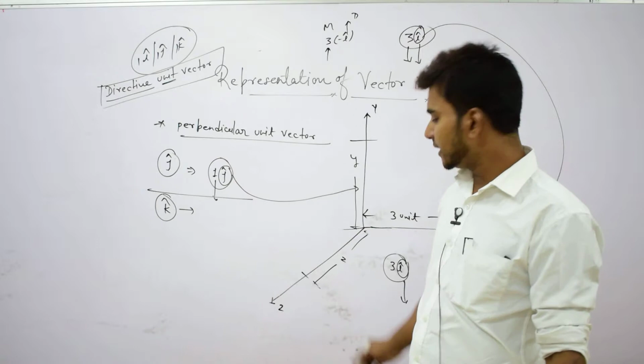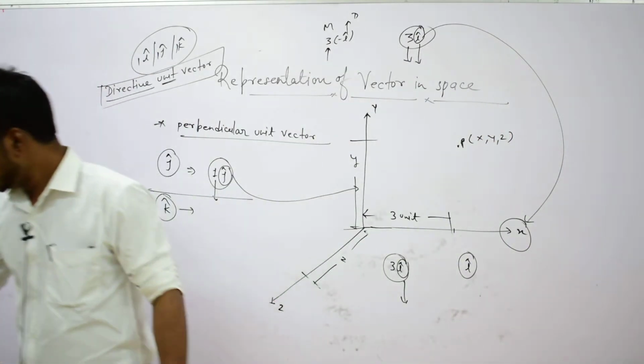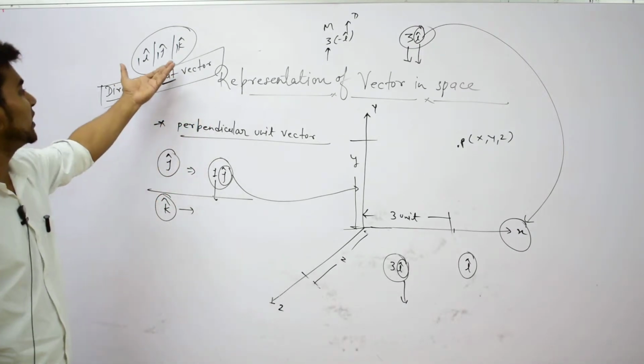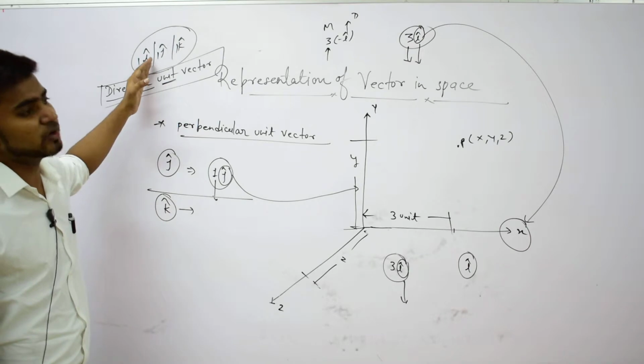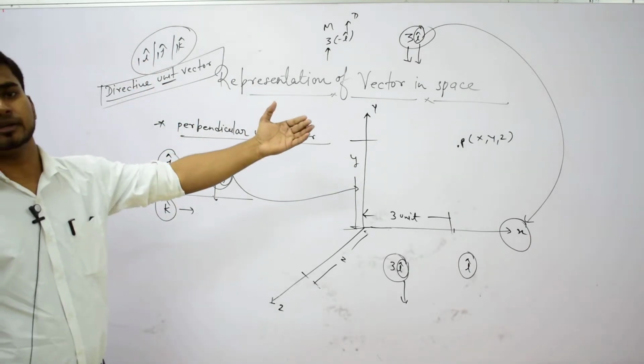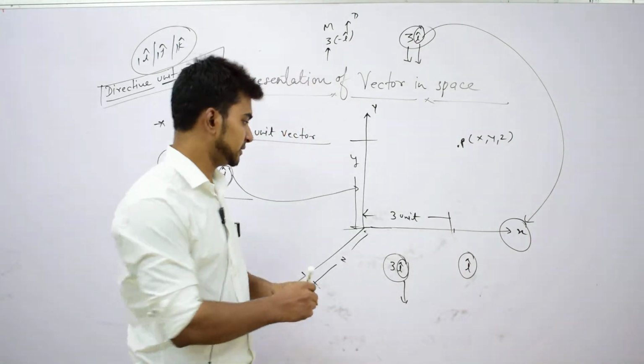If K cap is there, it represents the positive z direction. So it is important to understand the use of this directive vector. A directive vector always gives the direction, and this is the coordinate system. So a vector can be replaced